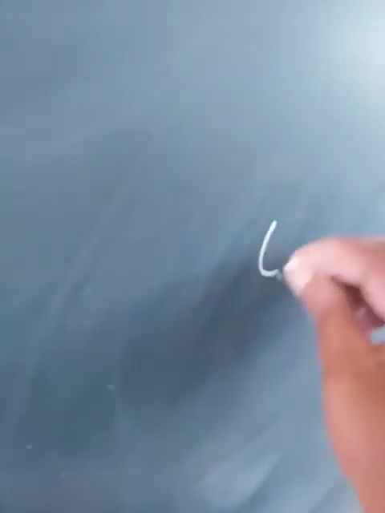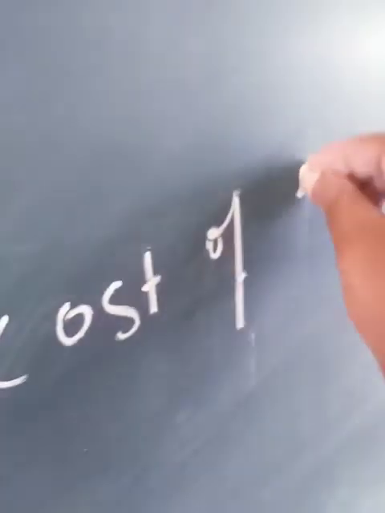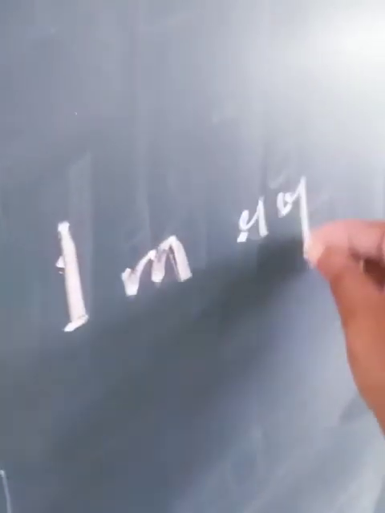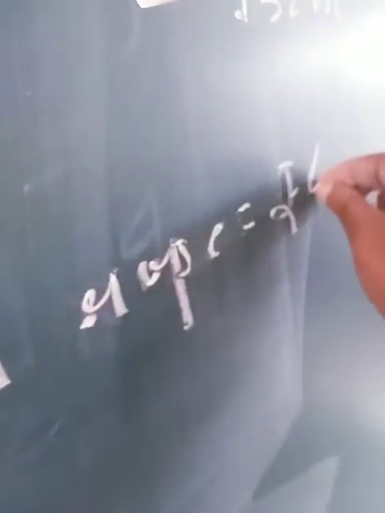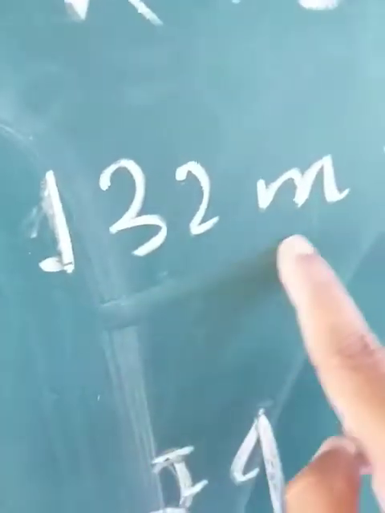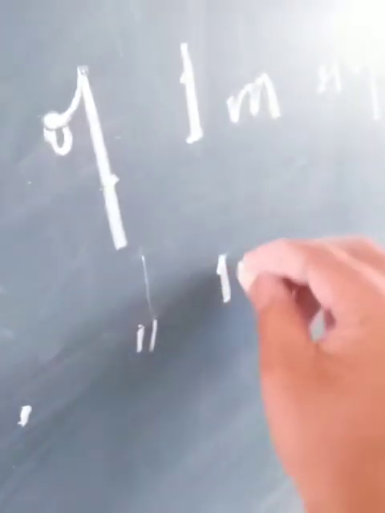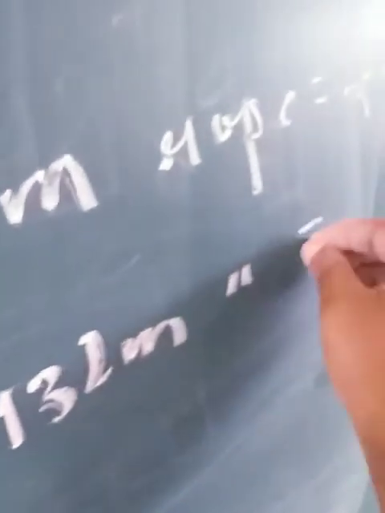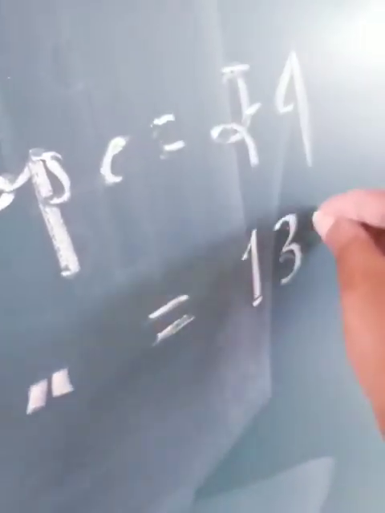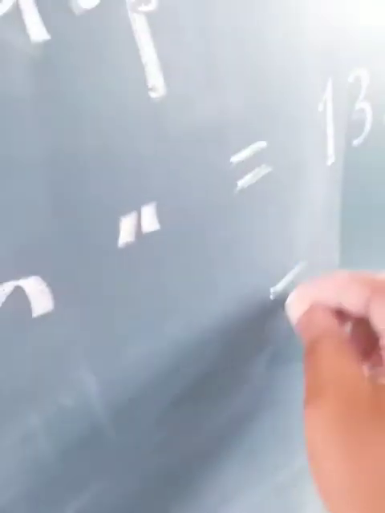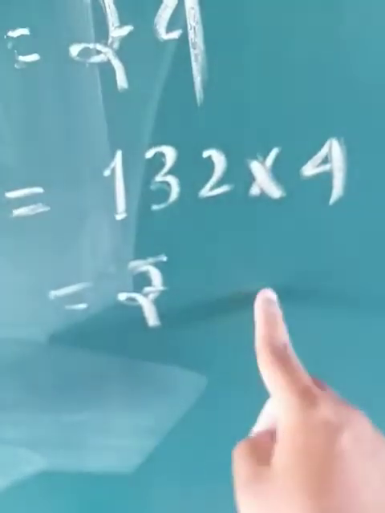Okay. Now finally we have to find the cost. That is, the cost of 1 meter rope is given rupees 4. Okay, the cost of 1 meter rope is given 4. So what is the total length that he needs? He needs to bring 132 meter. So how much it will cost? So therefore, cost of 132 meter rope would be equals to 132 into 4. So this multiplication you all have to do by yourself, and this is the final answer.